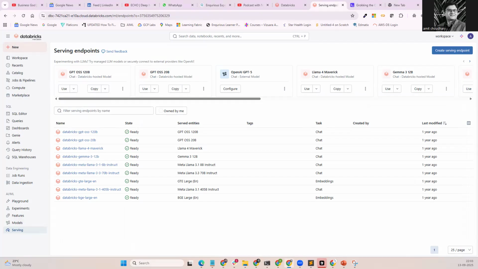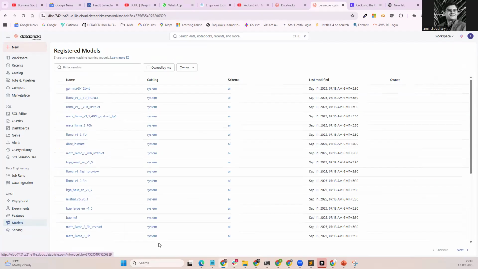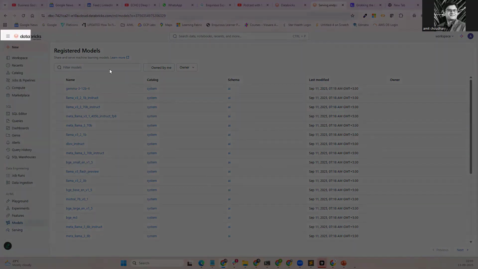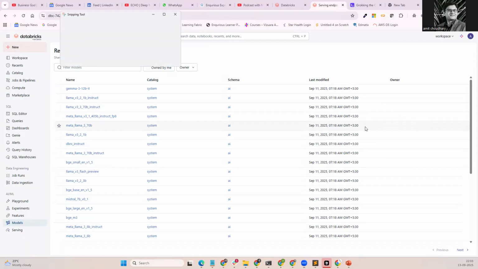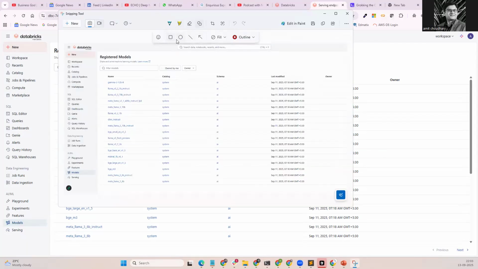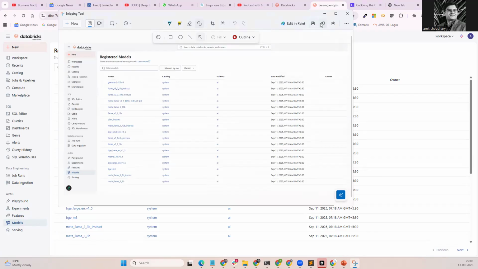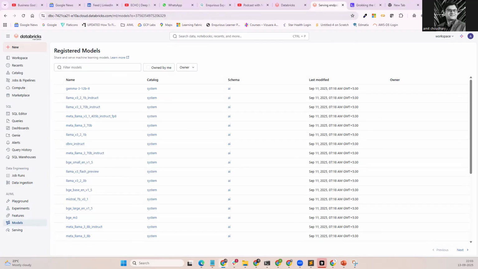I get this on clicking models. So I click on models and I take the other snap also. Maybe I can point to models, copy, and